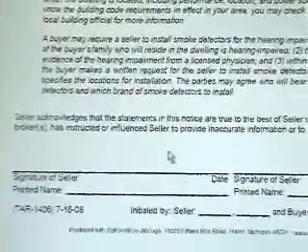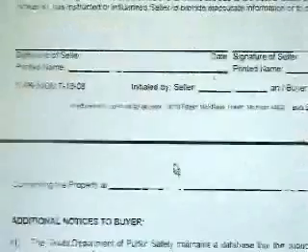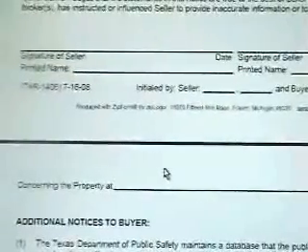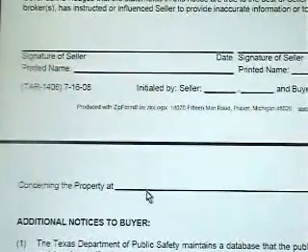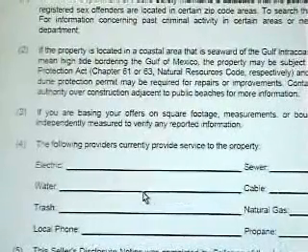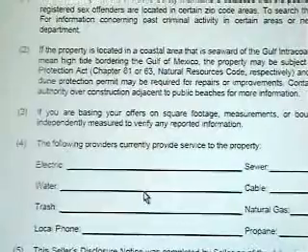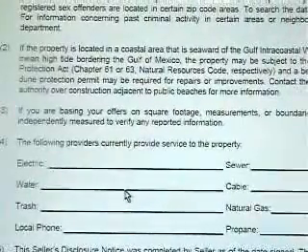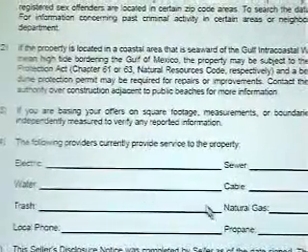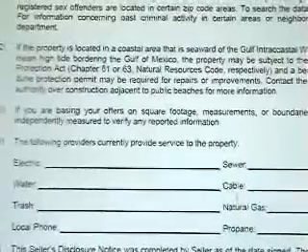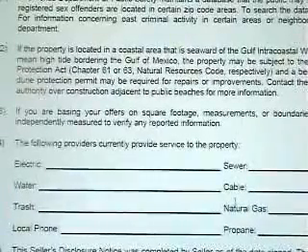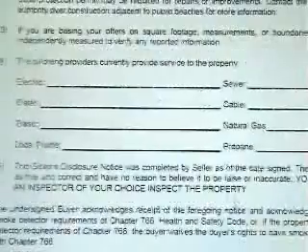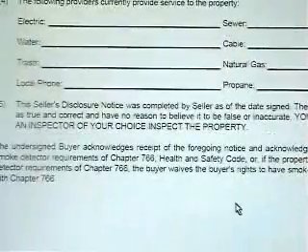Now we're going to move down to page 5, the final page of the seller disclosure. Again, on the top, it will ask you for the address of the property in which the seller disclosure is for. Page 5 is going to ask you for the service providers of the property: electric, water, trash, local phone service, sewer, cable, natural gas, and propane. Just go ahead and fill that information in, and once that is completed, you are finished with the seller disclosure